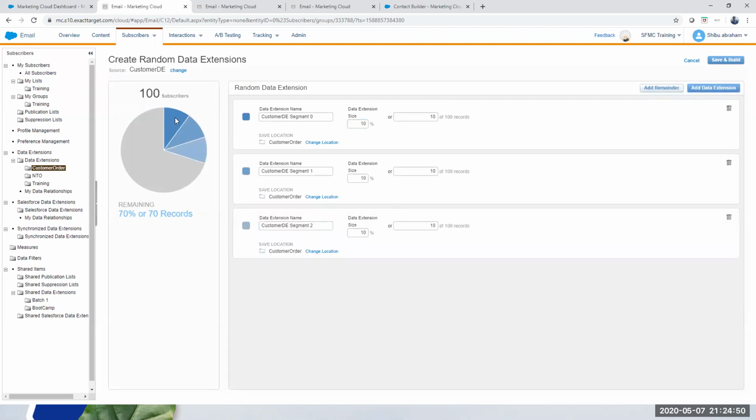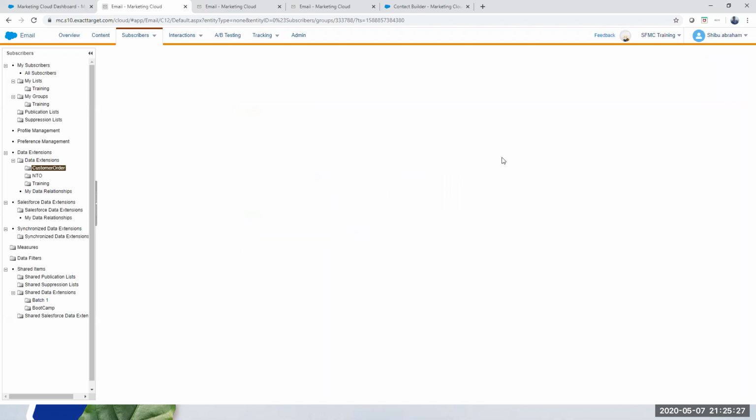And again, like I said, you will not be able to specify anything else. The only thing you can specify is the percentage or the number of records that you want to send. So you can change the numbers. If I want the first one to be 20, the others to be 10, this one to be 15, it's still possible. It's totally flexible. And if I want to add the remainder automatically, because sometimes you may not be able to calculate it if it's a large set, you just click add remainder and automatically you will get that as well. If you click save and build, it will create 4 different DE segments for you that you can send emails to. So that's how we do segmentation for lists and data extensions.